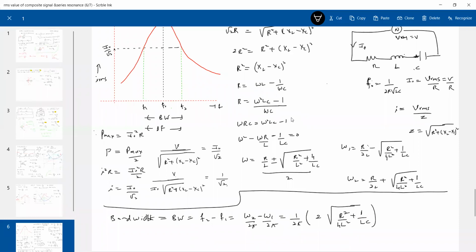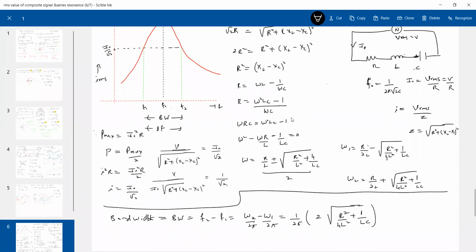Now look at this quantity. We have this much here. So what is the value of bandwidth? Bandwidth, I got this much. Bandwidth equal to f2 minus f1. We ended up with this one. Let's come to the resonant frequency. Do we know it? Yes, it will be